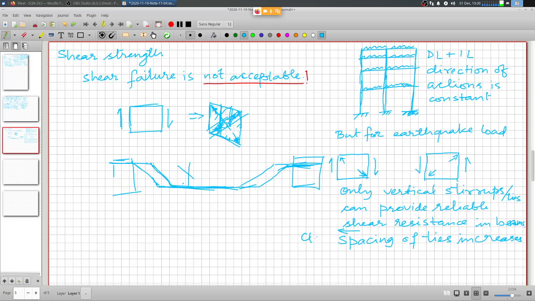Close spacing of ties increases the shear strength of the section. Right, and therefore